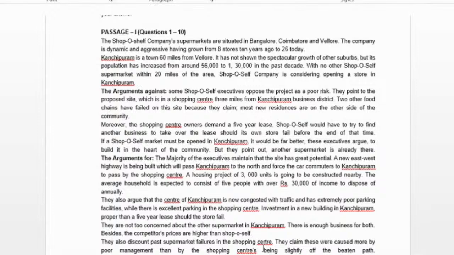அப்புறம் ஆர்குமெண்ட்ஸ் ஃபார், ஆரம்பிக்கணும்னு நினைக்கிறவங்க நிறைய ஹவுசிங் ப்ராஜெக்ட் வருது. அப்புறம் ஈஸ்ட் வெஸ்ட் ஒரு ஹைவே வருது. அடுத்து பர்ச்சேசிங் பவர் நல்லா இருக்கு அப்படின்னு சொல்றாங்க. அதே மாதிரி இன்னொரு முக்கியமான பாயிண்ட், நம்ம ப்ரைஸ் காம்படிட்டர் ப்ரைஸை விட கம்மியா இருக்கு அப்படின்னு ஆர்குமெண்ட் பண்றாங்க. தென் கடைசியில் மேனேஜ்மெண்ட் டிசைட் பண்றாங்க we can open a store. இதுதான் the crux of the passage. Now